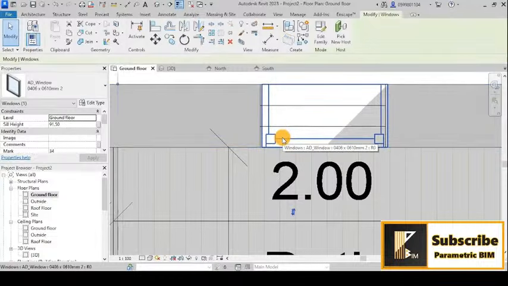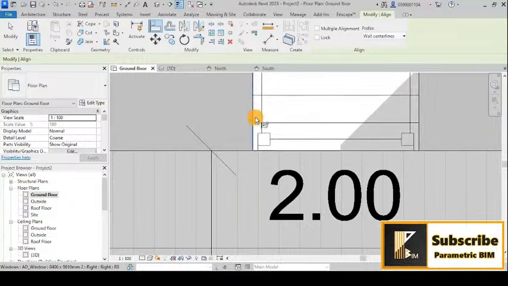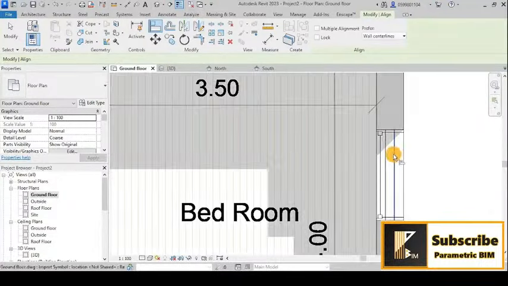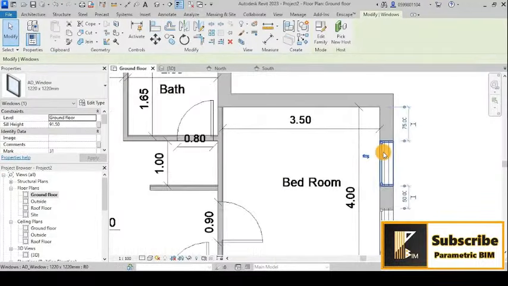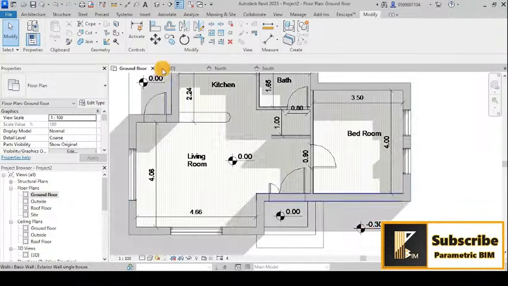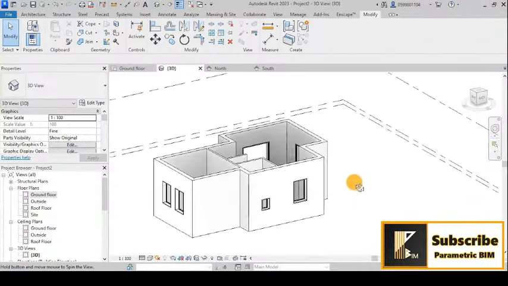Anyway, you can adjust that dimension once you want. And also I will go to align this window with what we have here. So I think everything is okay. This is for accuracy, but for the point I think that you got it. If I go to 3D, you can see that I have these windows on our